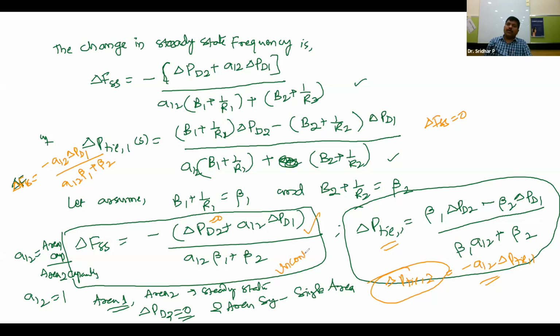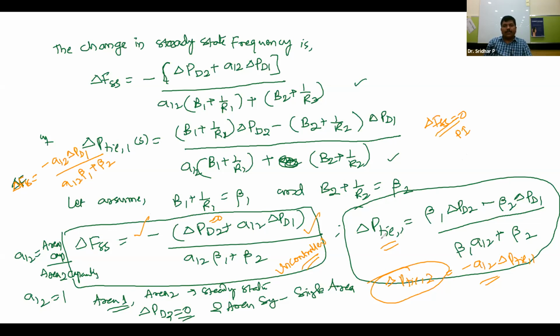There is no controlling mechanism here. So because of this uncontrolled nature, there is a steady state error, that is, under steady state, the change in the frequency, instead of 0, will be this much. But in the control cases, what happens? Straight away it will become 0. Now this we are going to achieve because of the PI controller.